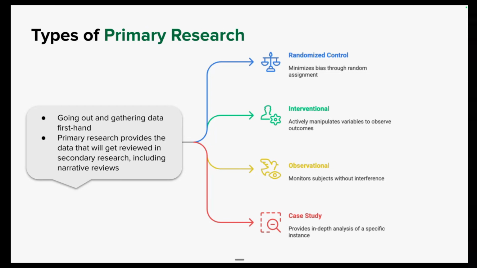And as we go down from randomized control trial to interventional and then observational through case study, what happens is that that recipe, the ingredients that you need to do those types of research, they loosen up a little bit. So the randomized control trial is really kind of the gold standard. I'm sure a lot of you have already heard of them or read through a whole bunch of them. The gold standard of going out and gathering data, because what it does is it controls for a ton of different factors simultaneously, meaning that we can be more confident that what we observe is due to the intervention that we were trying to observe the effect of in the first place.